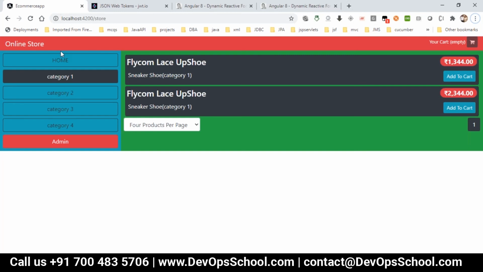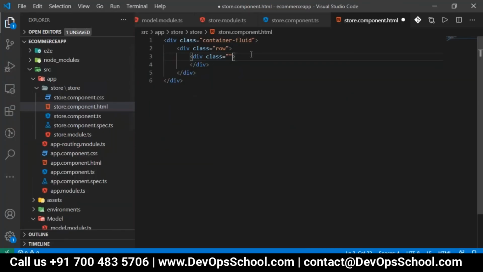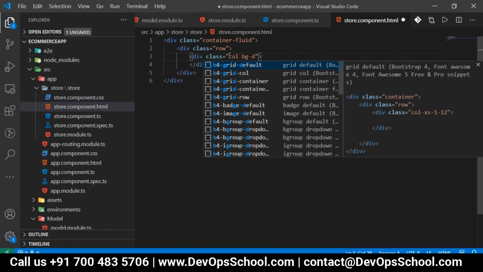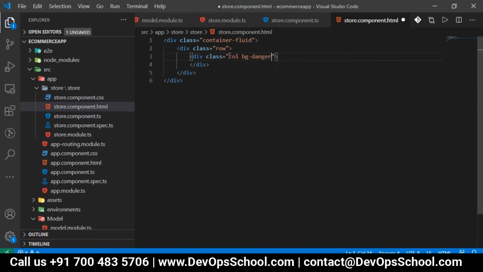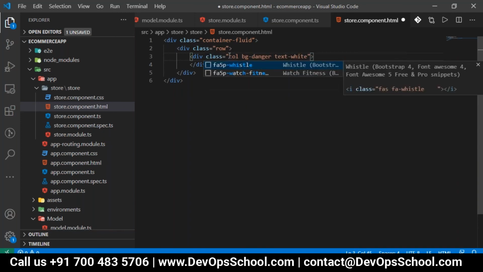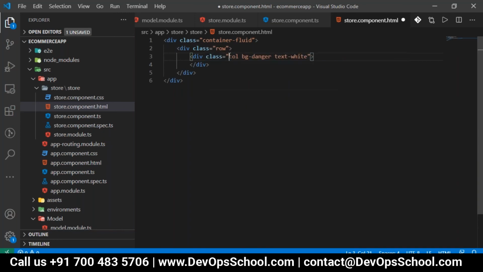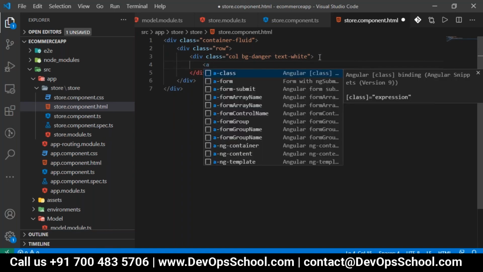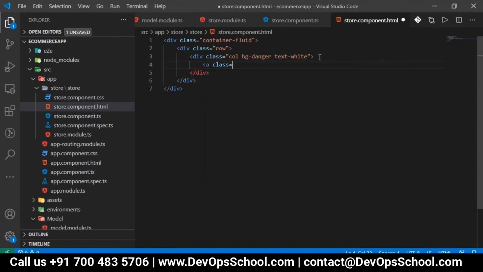So for this, this row should take a div class of one column only. We use col bg-danger. bg-danger is background danger, which gives a red color. And the text present in it should be white, so text-white. These are all Bootstrap CSS classes. We got one column, which should be bg-danger and text-white. Then we want the anchor tag here, with a class that should be a navigation bar.